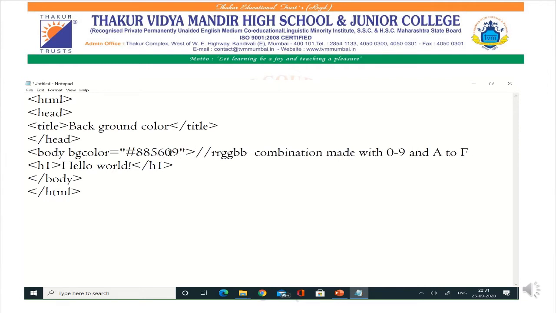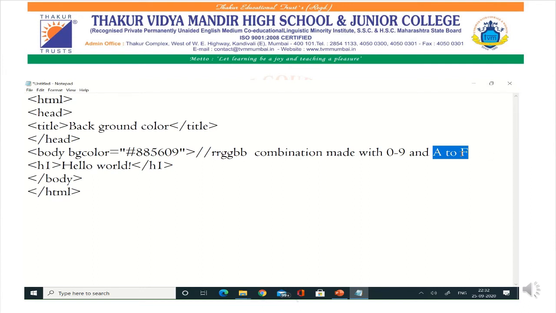Clear? You can use a combination of numbers between 0 to 9, or you can use a combination of numbers and the alphabets from A to F. As the computer after 9 does not understand 10, 11, 12, so to indicate 10, 11, 12 till 15, we use A to F.